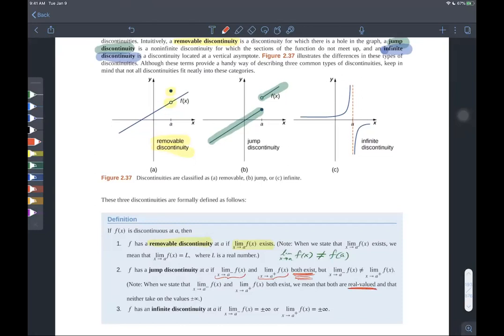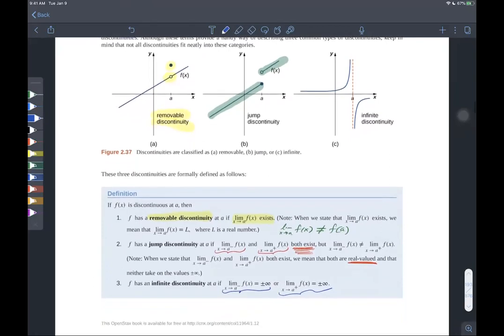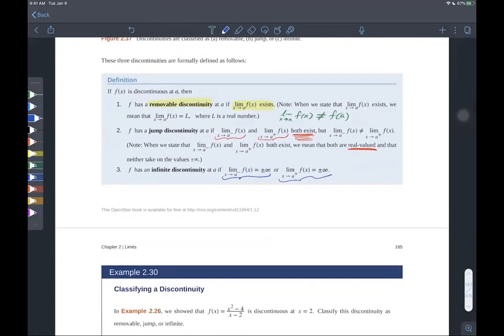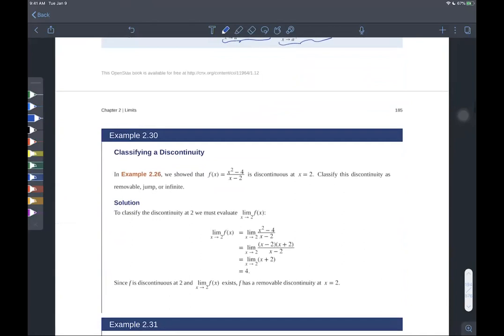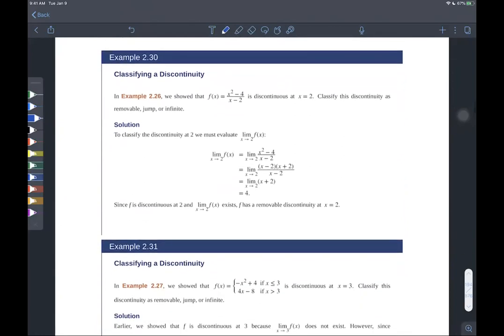infinity. Okay. And then finally, the third one, f has an infinite discontinuity at a if the limit from the left is plus or minus infinity, one of those two, or the limit from the right is plus or minus infinity, okay, as you can see in the picture example. All right, very nice. So let's go ahead and take a look at the next example, example